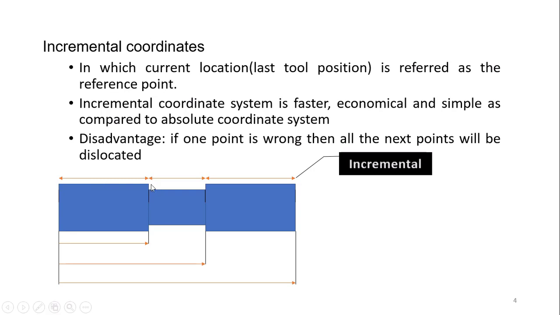Why? Because this is measuring only one step. When I reach here, the next dimension will be the next step. The next point will be my reference from this single point. Clear? That's why it becomes incremental. When I reach this point, this point becomes the reference for the next dimension. This is how incremental moves. But this is the absolute. Why? Because all my dimensions, see this dimension and this dimension, are all from one single reference. If all the dimensions are from one reference, then it becomes absolute. Otherwise it is incremental. Fine.